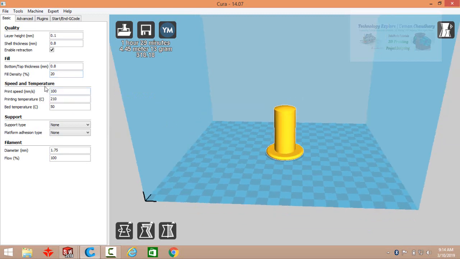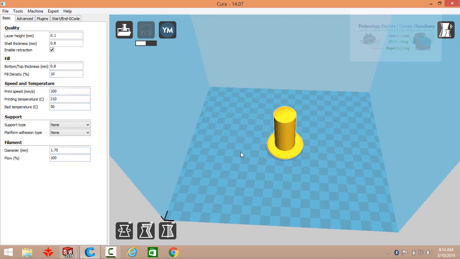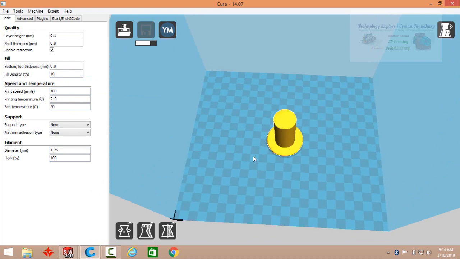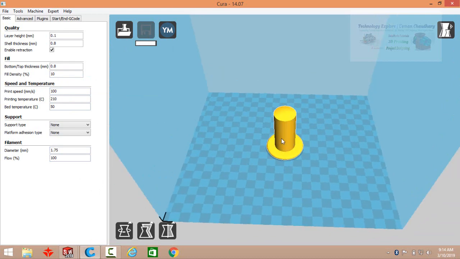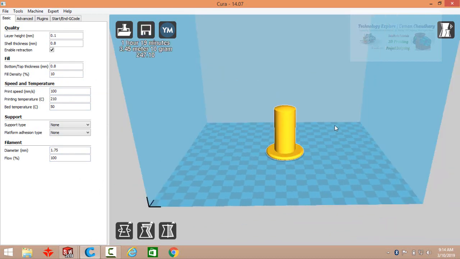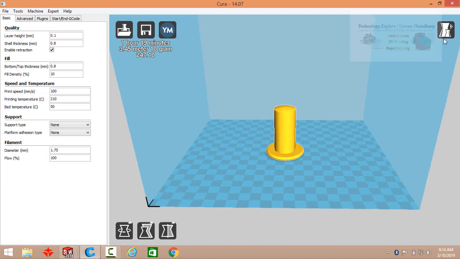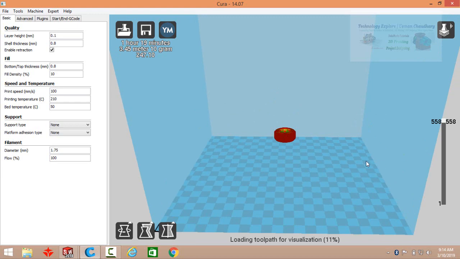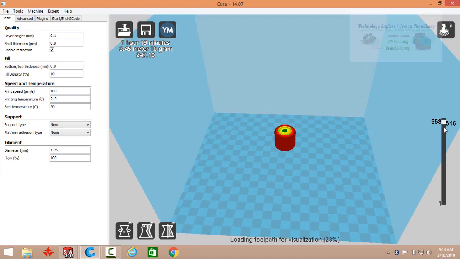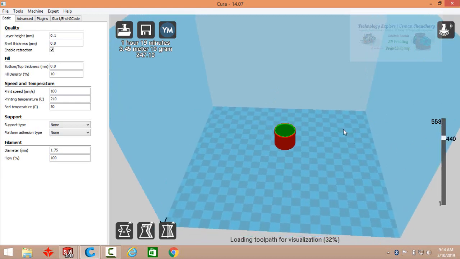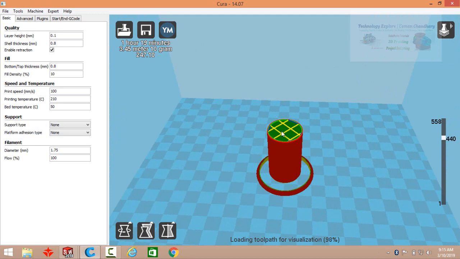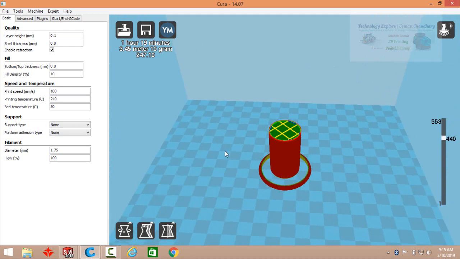So let's say at the moment I am going to make 10% fill density and my model will be filled 10% from inside, like it will make a honeycomb structure inside this model. Let me show by using layers. You can see here, this type of structure will be created inside this model.